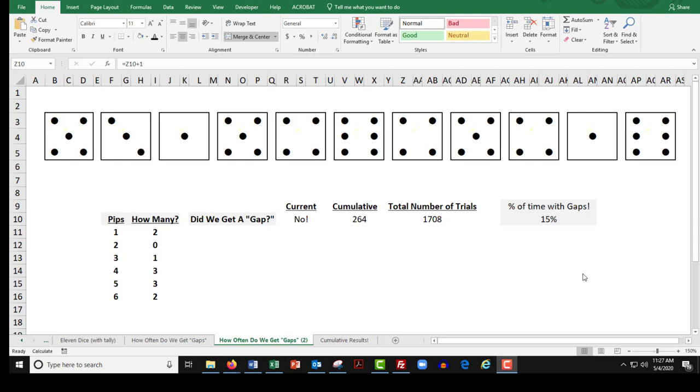So I think we've kind of put to bed the worry about those gaps that you may have been concerned about before, because gaps happen fairly frequently. As a matter of fact, there's something pretty cool about how often these gaps happen, roughly 15 to 16% of the time. Let's go back to Max's die rolls and then see how they compare to all the die rolls I've been collecting in the background this whole time. Let's take a look.